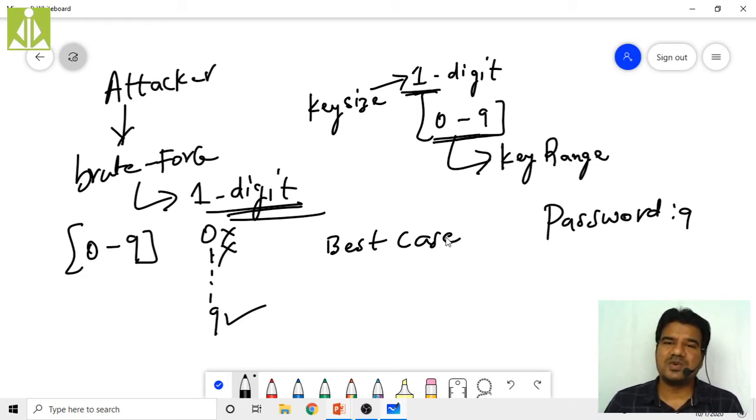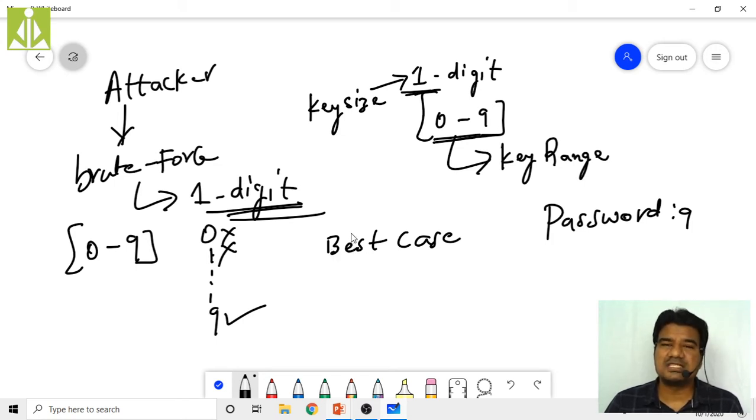Getting the actual key in the first attempt is the best case scenario, and generally it will not happen, because we are going to have a very long key, and getting that long key in the first attempt itself is not a practical way. Okay, so the next thing is getting the key in the last attempt. He tried all the keys and he is trying the last key before he finds the actual key.